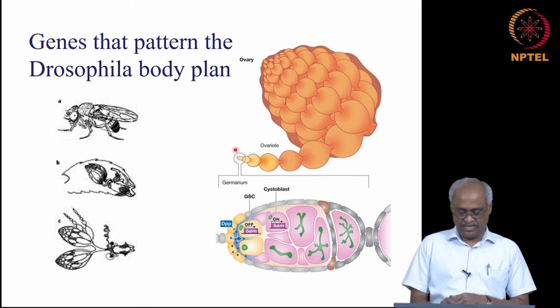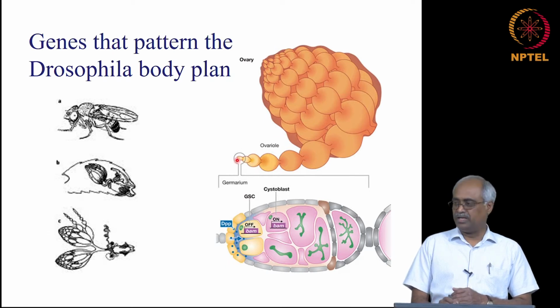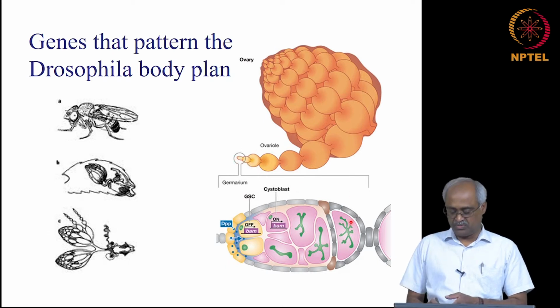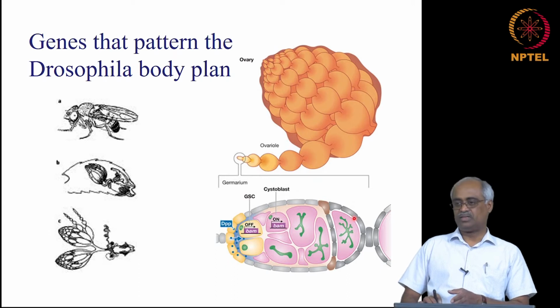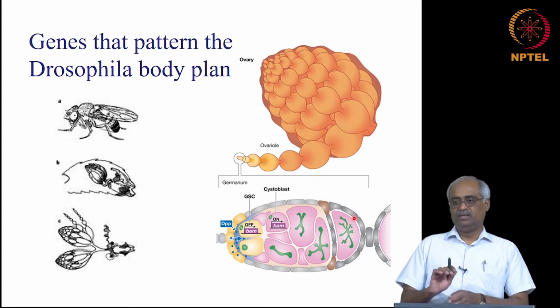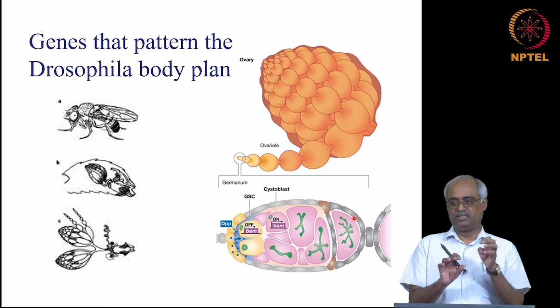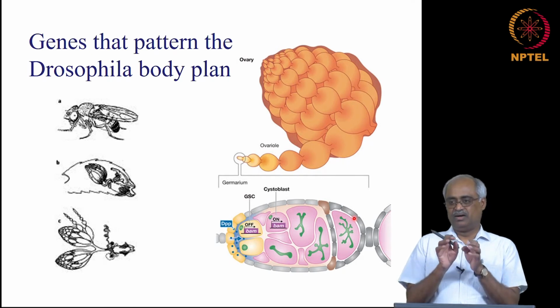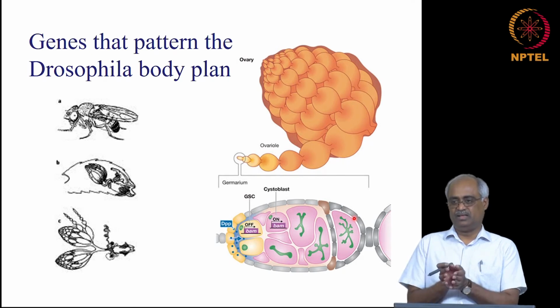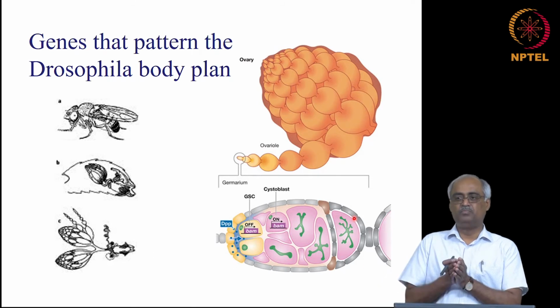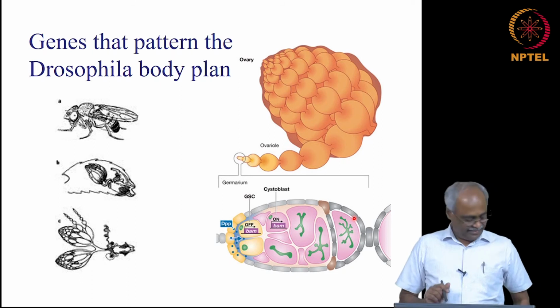So, this area where this whole thing is happening is the germarium. So, ovary, ovariole, germarium, and from germarium you get these cysts. Cysts are basically one of the daughters of the germline stem cell. After that initial division, this cell undergoes 4 successive mitotic divisions with incomplete cytokinesis, and that is shown in the